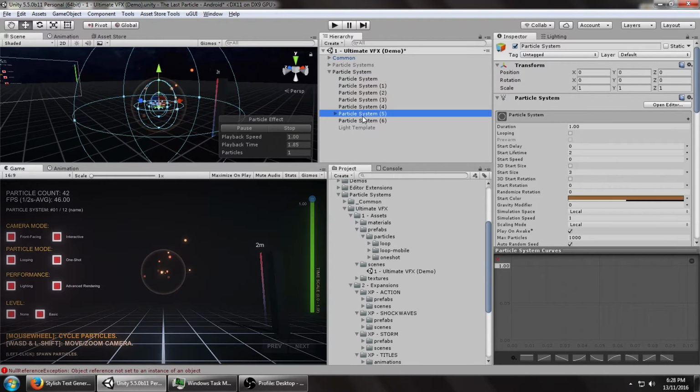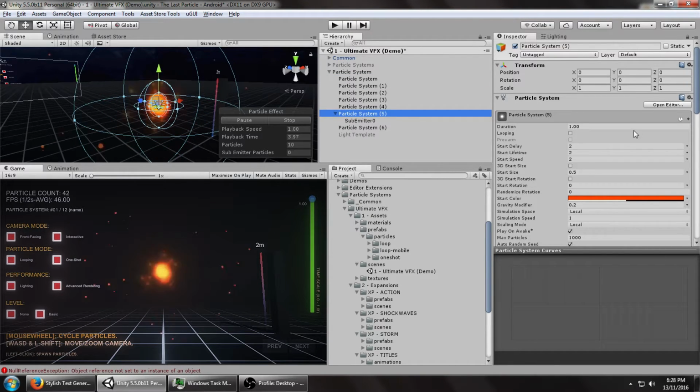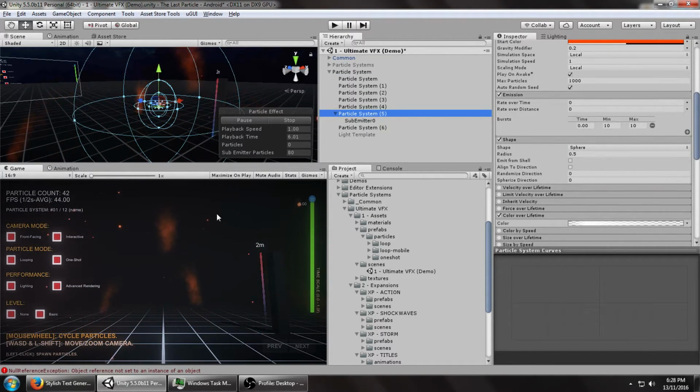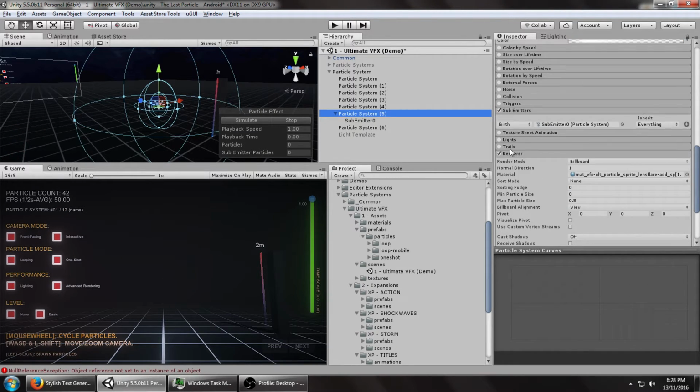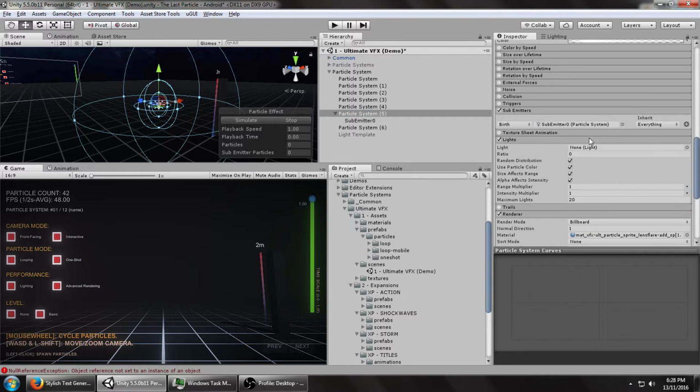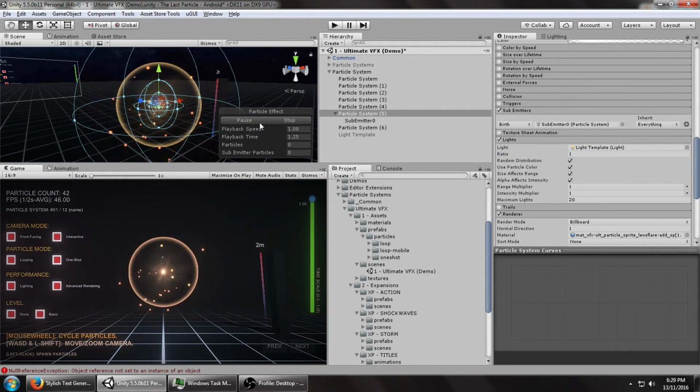So for this particle system, which I know is the sub-emitter and is the trails one, I want these little balls that are coming out, these little lens flares, to actually be lights, because I think that would look really cool. So let's turn on the lights module here, pass it in the light template, turn the ratio to 1, so all of those particles, all 10 of them, will have a light attached. If for performance reasons you want to mess around with this, you can. Simulate,